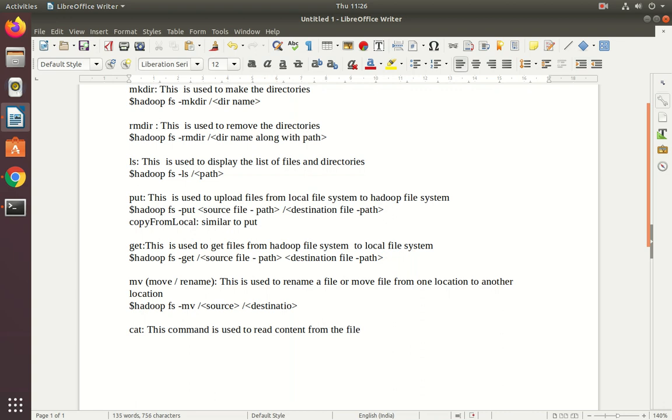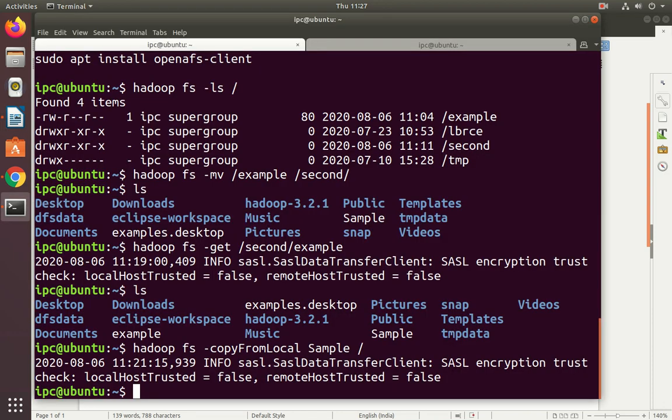See, the syntax is Hadoop fs -cat /file name along with the path. Let us check this cat command also.